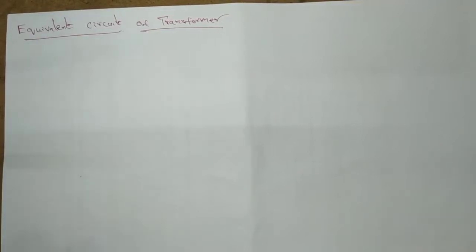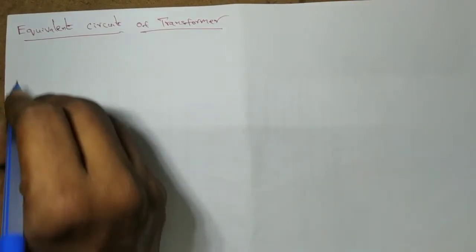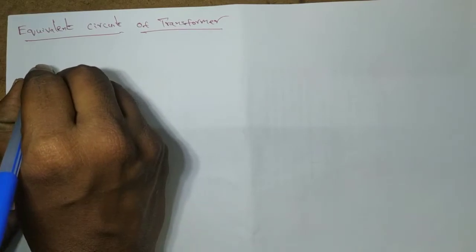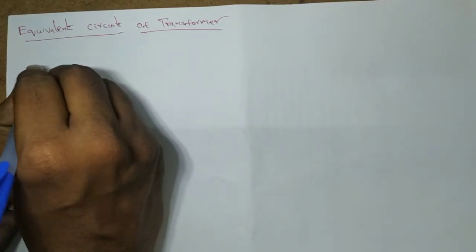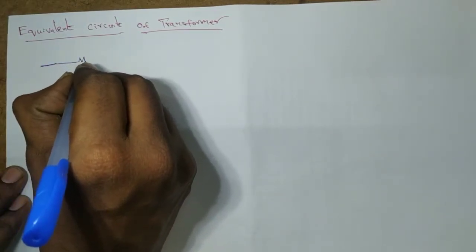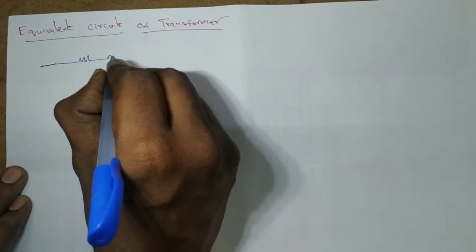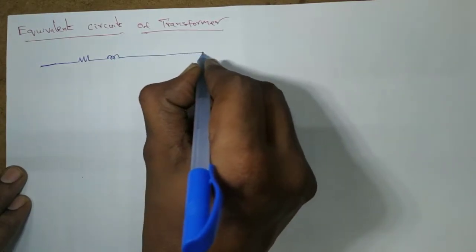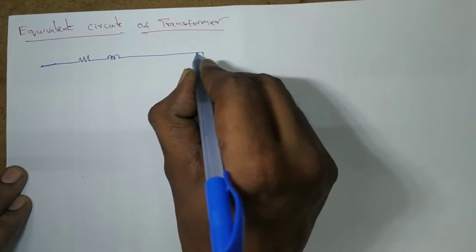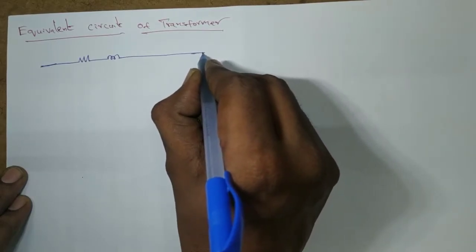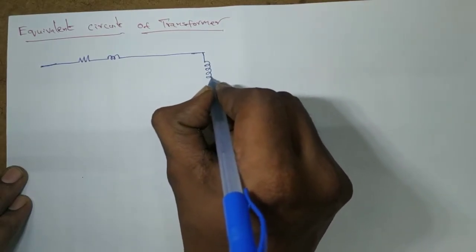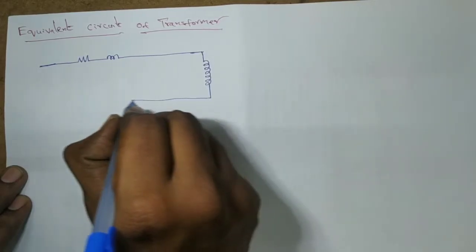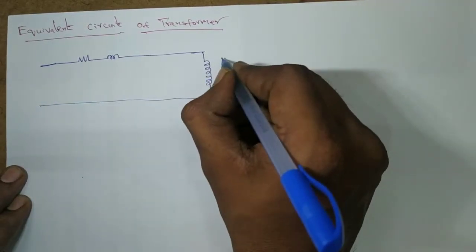In the last class, we have seen about ideal transformer and practical transformer. Now we will extend the topic for equivalent circuit of a transformer. For that, let us consider a transformer which consists of primary winding and secondary winding. And this primary winding consists of primary resistance, primary reactance, and similarly secondary winding consists of secondary resistance and